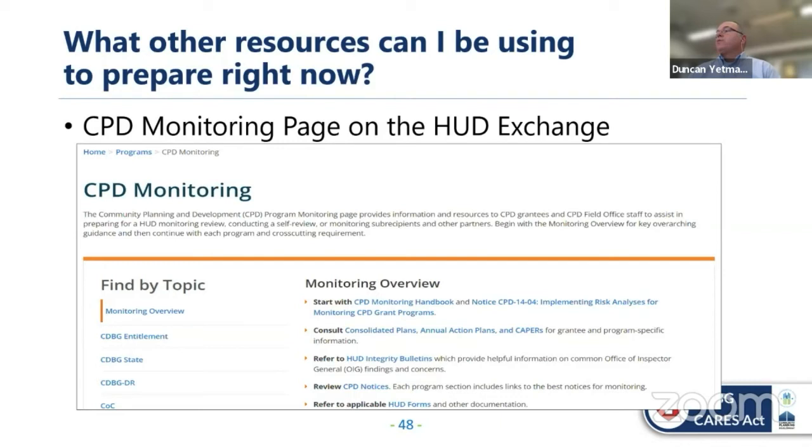Housing emergency assistance program to tenants. Do these need to be set up individually as activities in IDIS or under one activity? So if you're doing what we like to call in CDBG, not rental assistance, but emergency grant payments, if you're using CDBG-CV for emergency grant payments, and you're providing payments to landlords for rent as part of that assistance, you may set it up